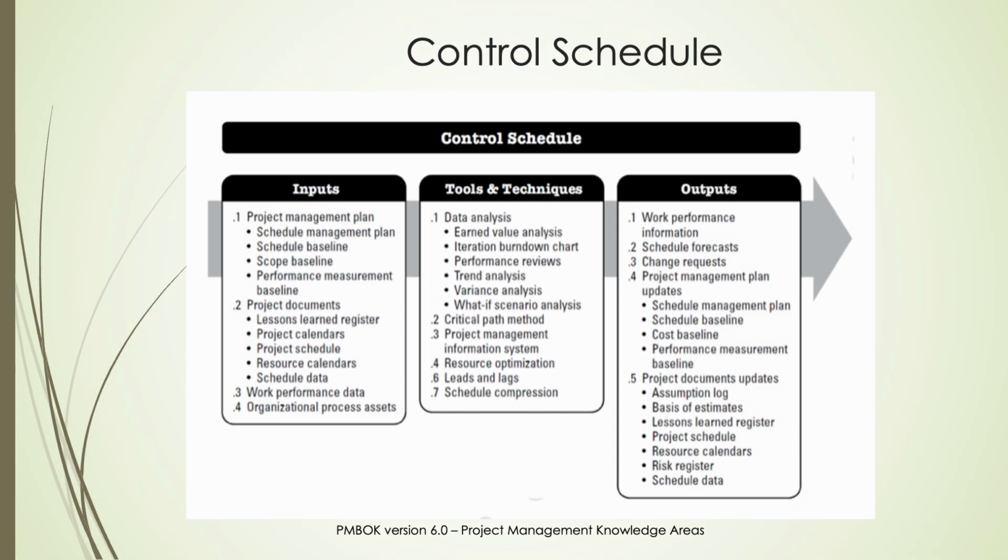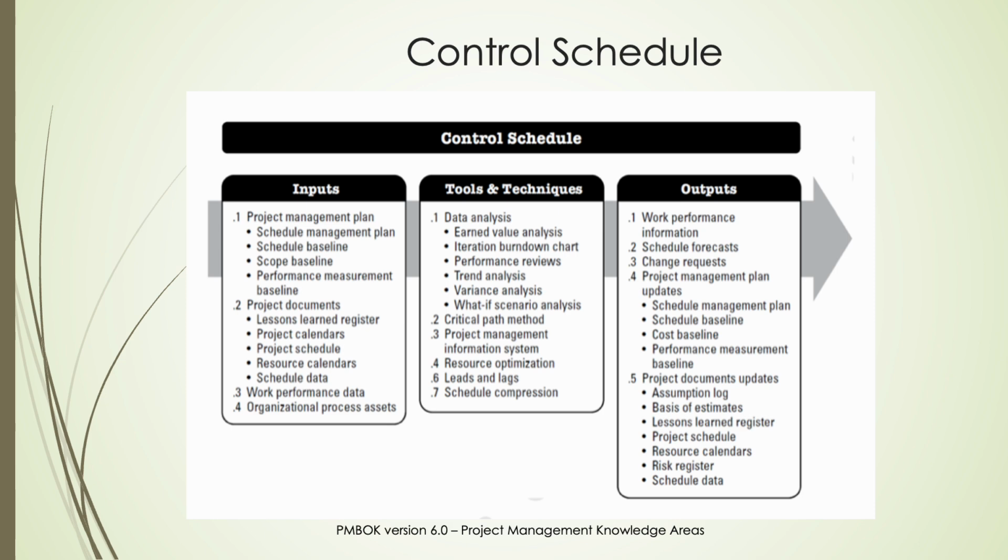The control schedule process in project management involves monitoring the status of project activities to update project progress and manage changes to the schedule baseline. It uses inputs like the project management plan, project schedule, calendars, and performance data to track how work aligns with the original plan. Tools such as variance analysis, critical path method, and resource optimization help identify schedule deviations and evaluate